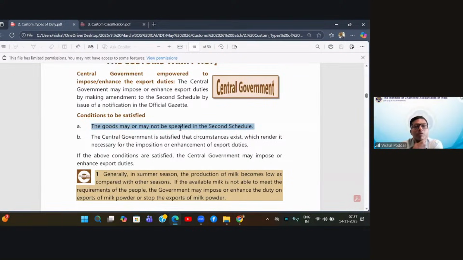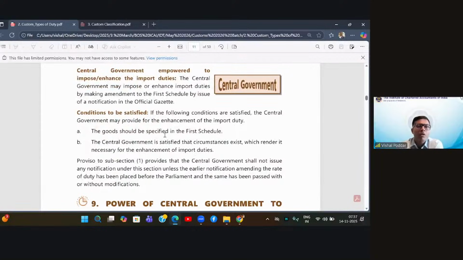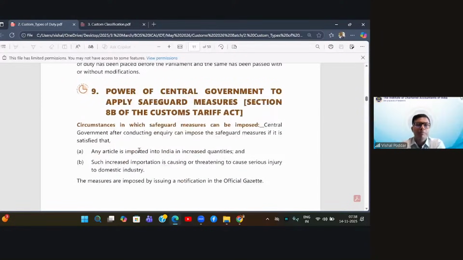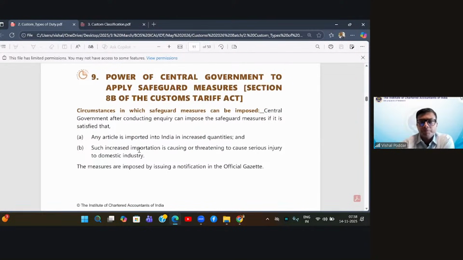It means in this case, the government can add the names of the goods in the list. In case of import duty, the government cannot add the names of goods in the list, but it can only increase or decrease the rates. So this is the difference between both these powers, and that is why both the powers are given under separate sections. Had everything been the same, they would have kept only one section, but they needed to make this distinction. So they have carved out a different section for import powers and a different section for export powers.